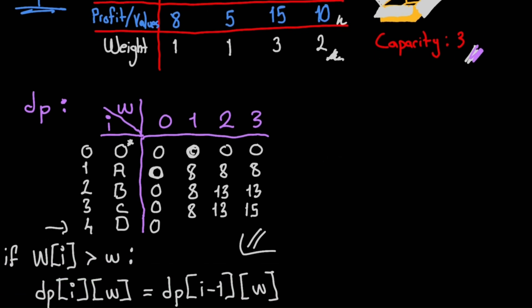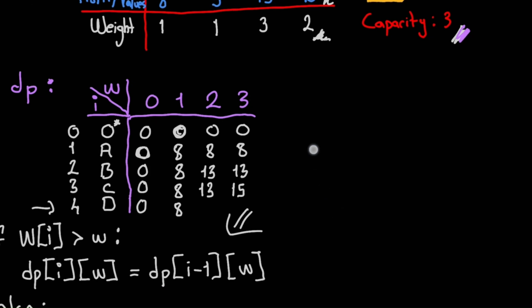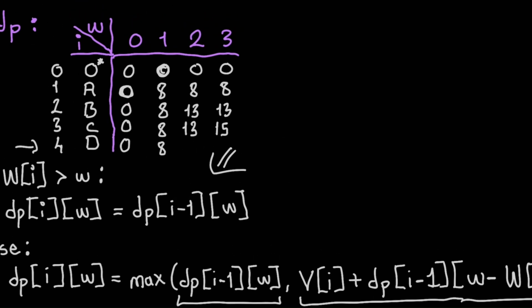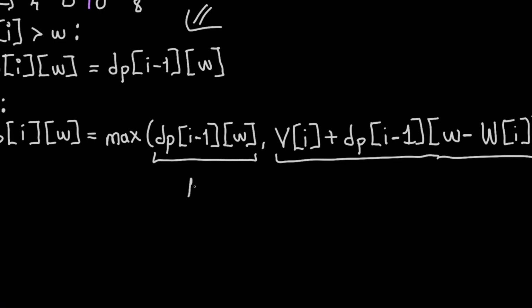No, right? We can't. So that means we are directly copying the previous row. Okay, when the current capacity is 2, however, we can take D, but should we? Let's see if it is profitable. The previous row is 13. The value of D is 10 plus